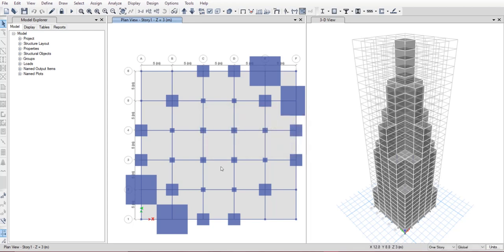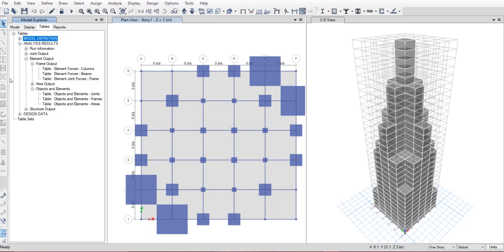So now we have to get the base reactions of the columns at story 1. Similarly, you have to view all the base reactions for dead load case as well as for live load case.